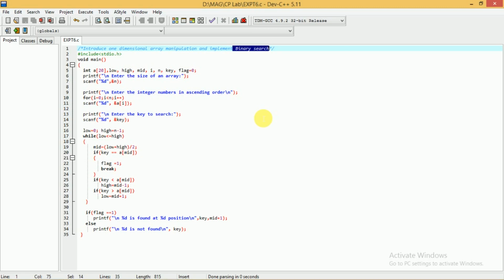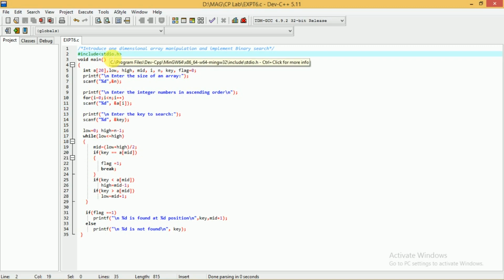Now we'll see how exactly a C program can be written to implement this binary search technique. Your program starts with the inclusion of the header file, that is #include <stdio.h>. This one you already know: it's a header file to include the standard IO functions.